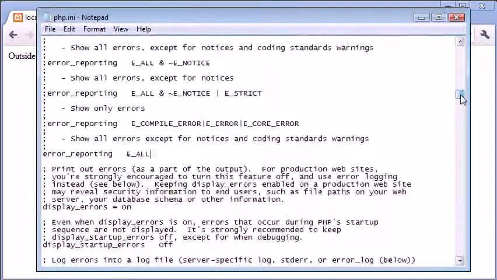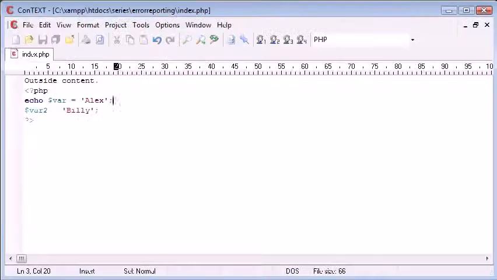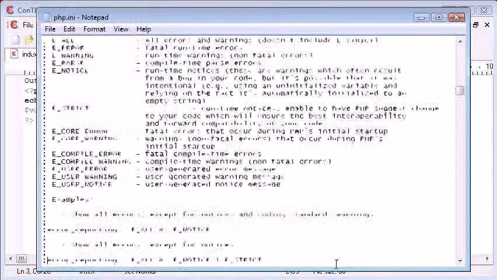So what I can do is specify E_STRICT. Now what this is going to do is incorporate strict errors. So what we're talking about is code that might run, but let's have a look at the definition. It might run, but it's runtime notices that enable PHP to suggest changes to your code, which will ensure the best interoperability and forward compatibility of your code. So it's basically giving you messages about your code itself rather than errors that you might be coming across. So you don't need to include this, but maybe it's a good idea if you want that kind of error